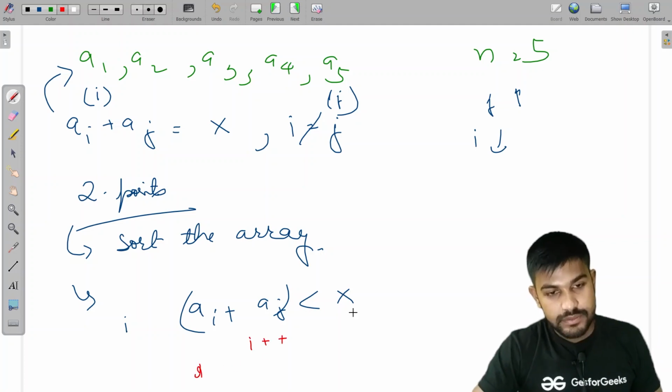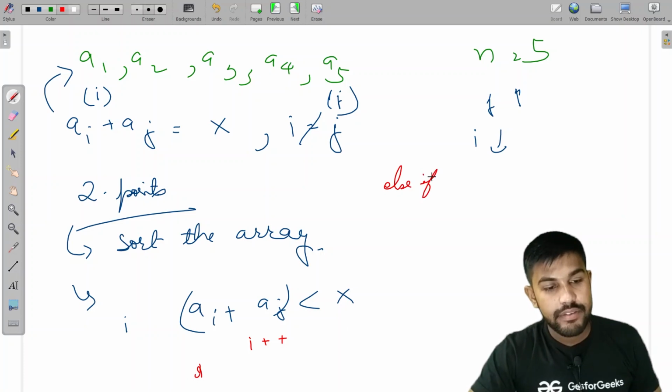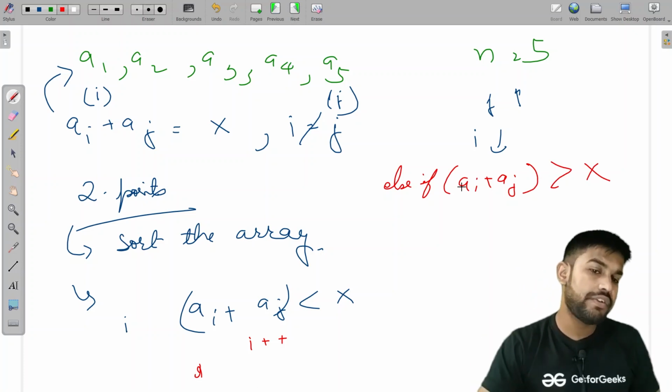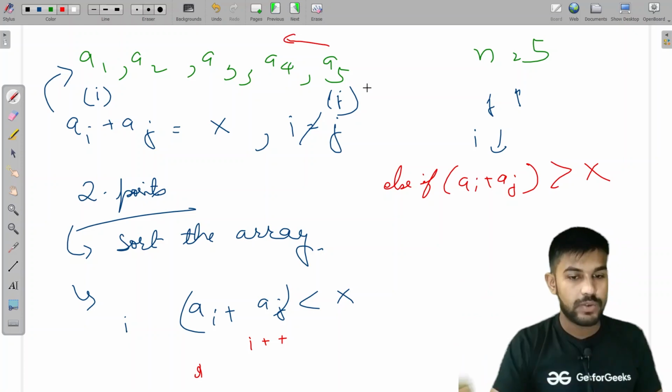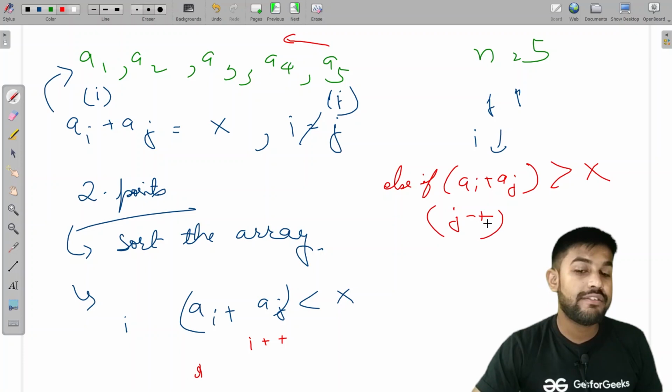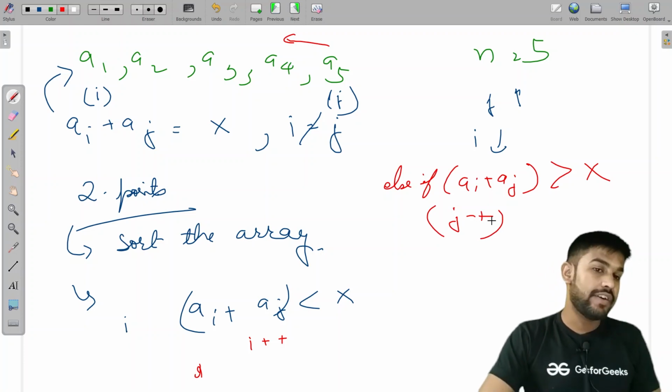Else if ai plus aj is greater than x, then just the reverse of it. We know that if we go in this direction, then the value would get lowered, so j minus minus. And if we get a value equal to x, then that is our answer.